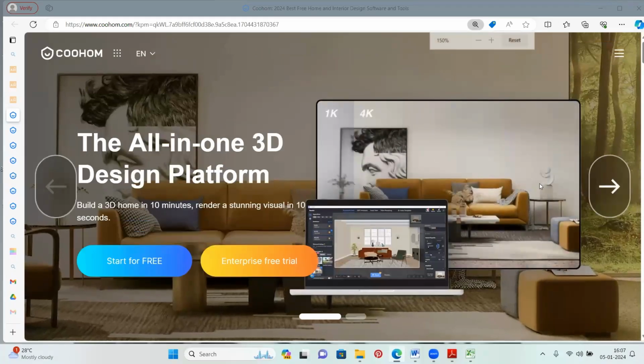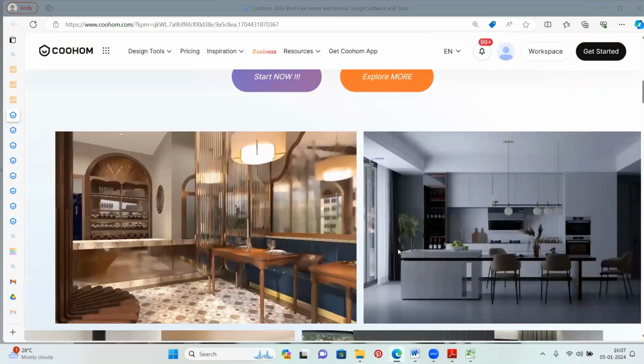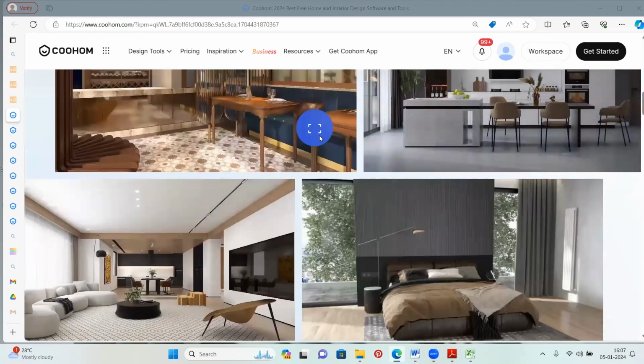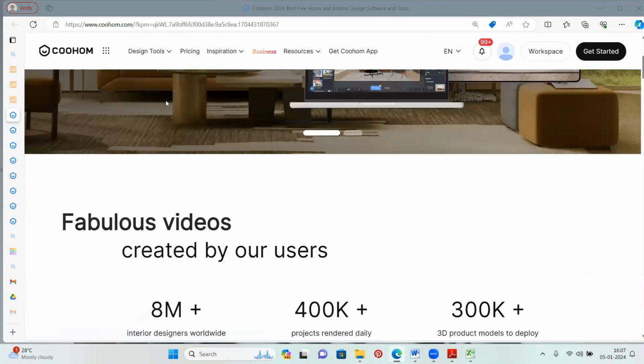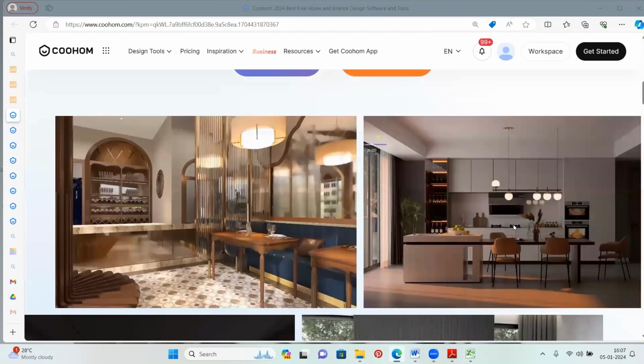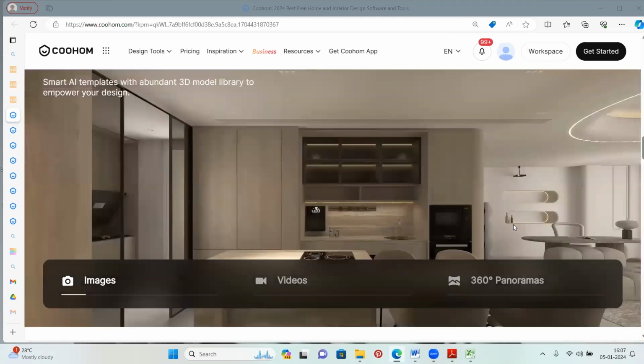Let me introduce you to Coohom, a cutting-edge design application that operates seamlessly on a cloud server. To run this application smoothly, all you need is a basic system capable of running AutoCAD effortlessly and a robust internet connection. The standout feature of Coohom is its remarkable rendering speed, with a maximum rendering time of just 5